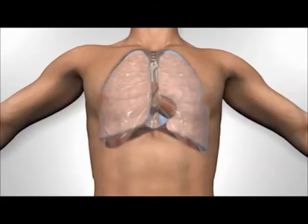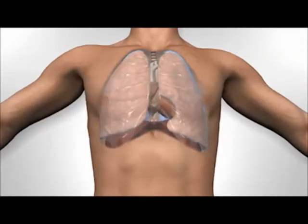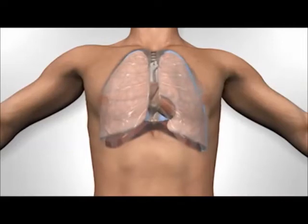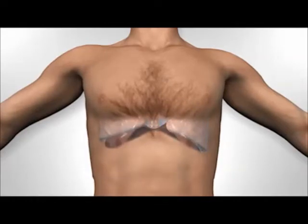On inhalation, the intercostal muscles lift the rib cage, expanding it and creating a negative pressure. With an open airway, the lung expands to fill the space. This is assisted by the muscular sheet known as the diaphragm contracting and flattening, also enlarging the chest cavity and